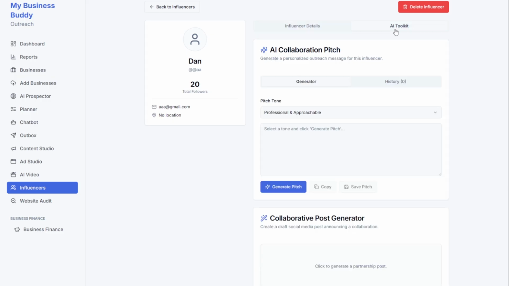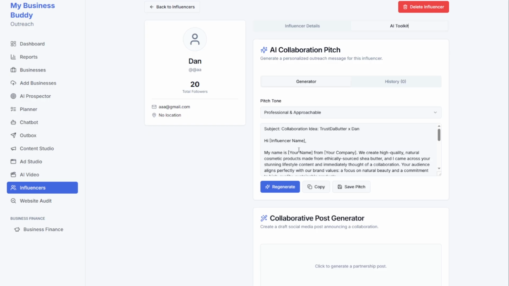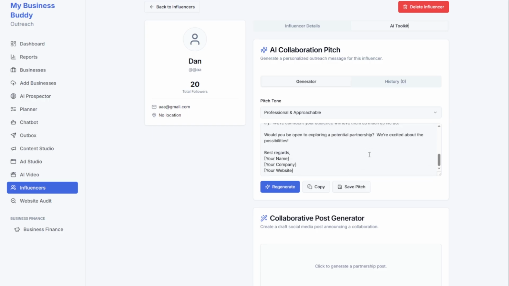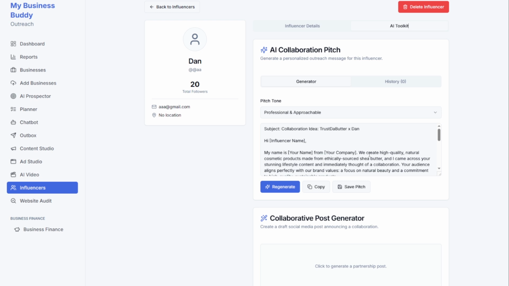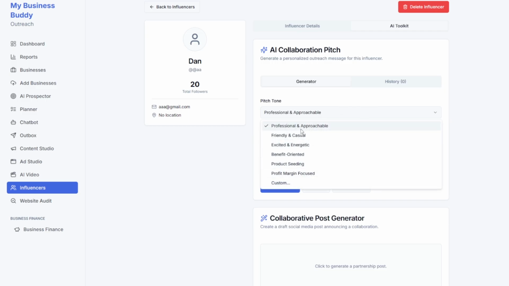Okay. AI toolkit. Now this is where we could just generate a pitch. So this is another tool within the tool. So now we could generate a pitch for them. So professional. Bam, pitch done. And then maybe one day we might have a feature where we could just instantly connect to social media and send that to them directly. So we have different categories. We have benefit, excited,